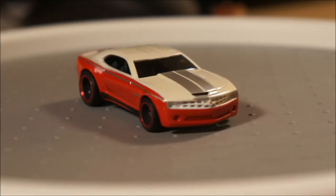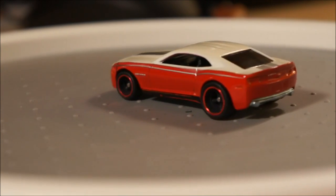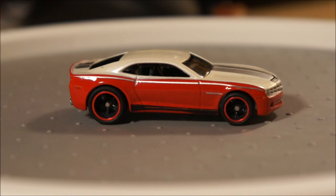I like the color on this one and the wheels they chose. And actually, I think it's the same wheel choice as some of the Camaro Supers as well. Alright, and then finally the last car of Case A